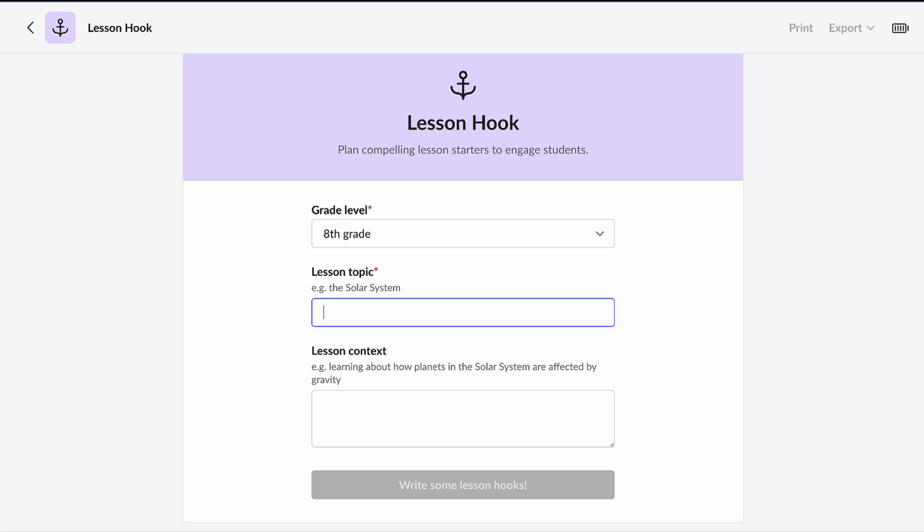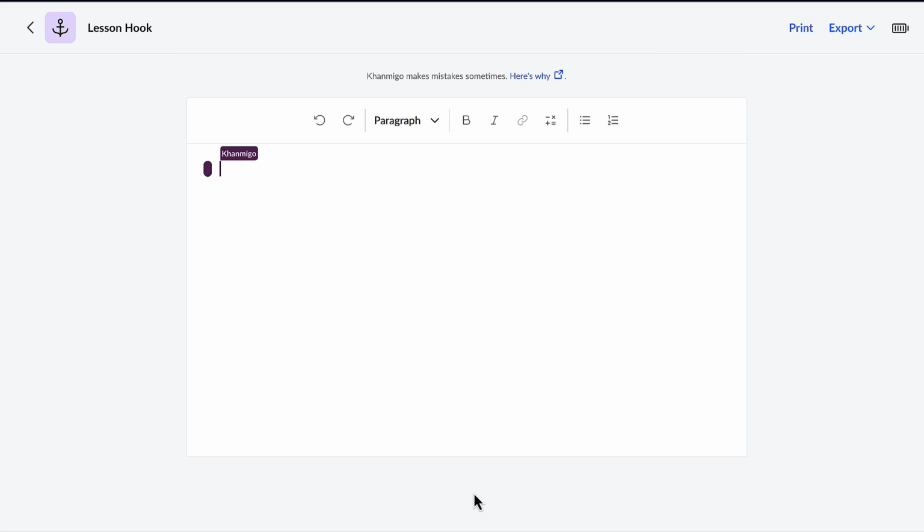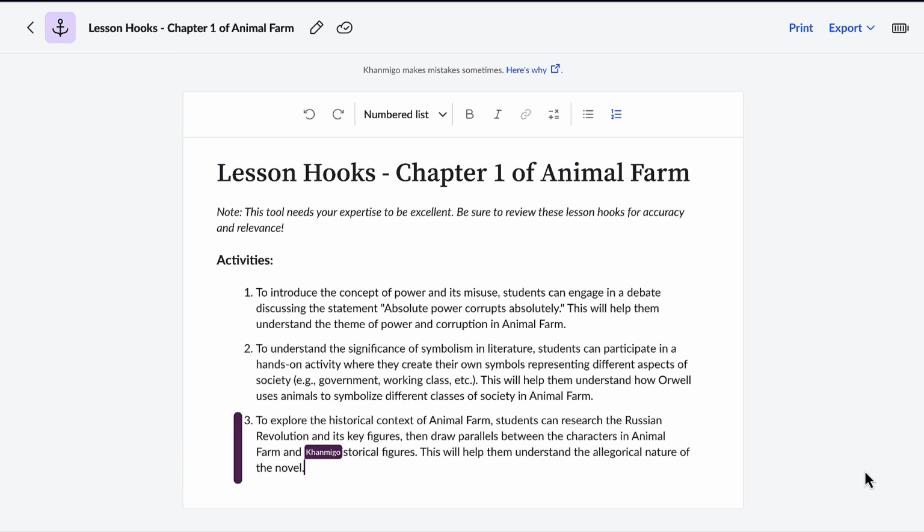I just have to let khanmigo know the grade level. This is for my 8th grade English class. And the topic. We are about to start the novel Animal Farm. I just hit the button and khanmigo immediately creates fantastic lesson hooks that I can use to engage my students. And as soon as I hit the button, khanmigo goes to work creating 3 wonderful lesson hooks that I can